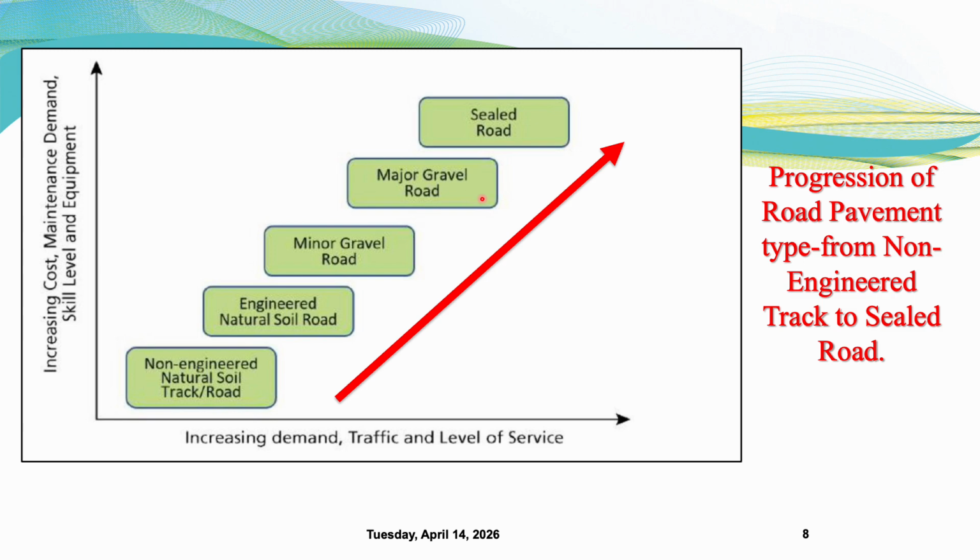And eventually we can end up with a sealed road, which is the best investment against climate change, and the climate resilient technology that we are trying to get into Rwanda, so that the economy will not suffer and we need to protect the infrastructure. So therefore the sealed road is at the top. Obviously, it's much more expensive than just a major gravel road. But with a lot of rain, on major gravel roads you can lose that as well as all of the rest.